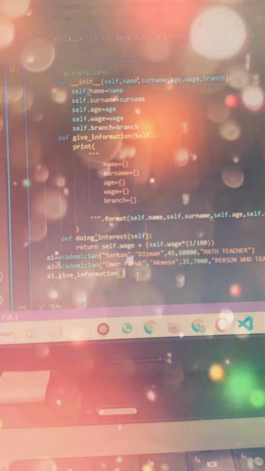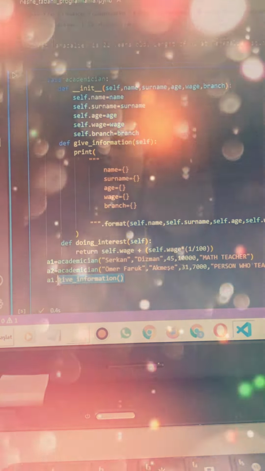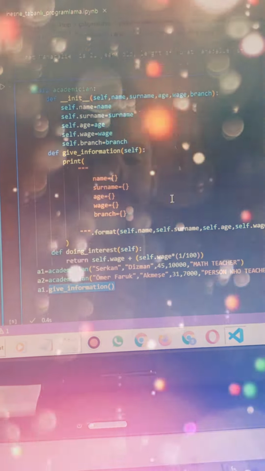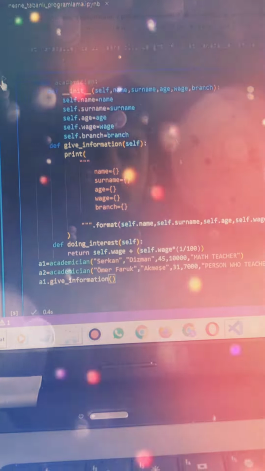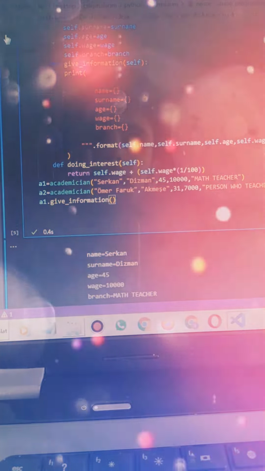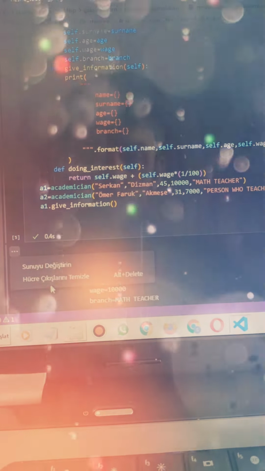Finally, we are calling the give information method for the first academician. In this row, finally, we will show the output. The output is, we are cleaning. The output is